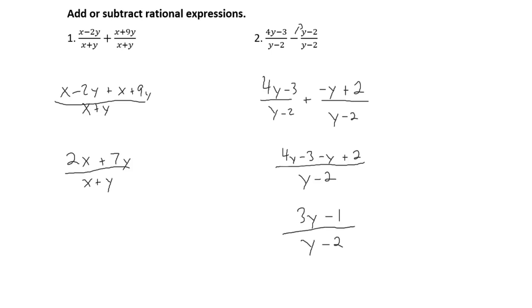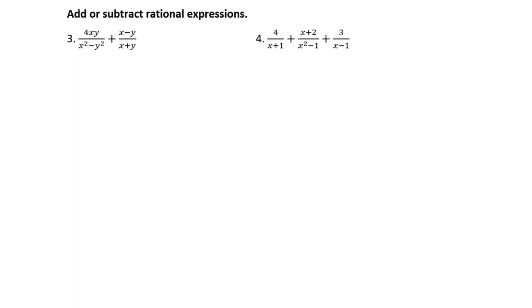All right, let's look at another example. All right, so in this example here, you can see that our denominators are not the same. But we know that this will factor to x plus y, x minus y. So we have x plus y here, so what we need to do is we need to take and multiply this by x minus y and x minus y. So that way they have the same denominator. So we'll have 4xy over x plus y,